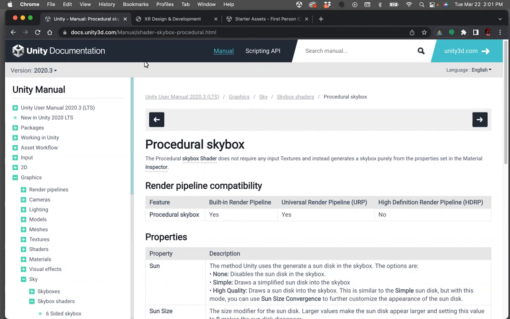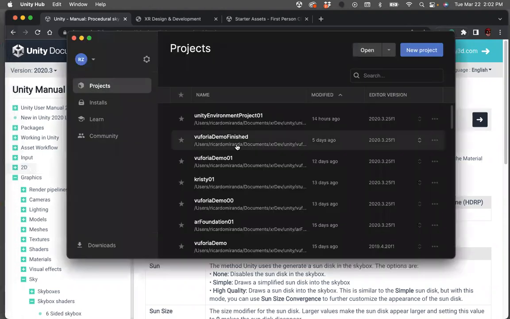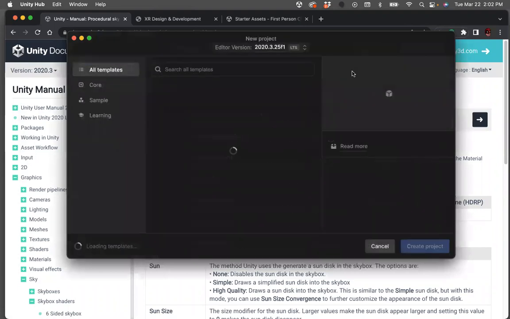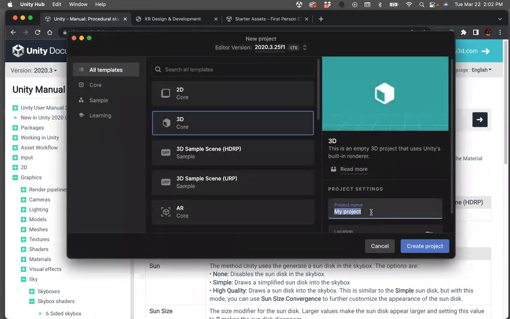And I'm going to start off with the Skybox, and there are a couple different ways to approach this. One of them is a procedural Skybox. When you open a new Unity project, the default Skybox is a procedural Skybox shader that does not require any input textures and instead generates a Skybox purely from the property set in the material inspector. So I'm going to go to the Unity Hub. I'm going to create a new project, and I'll name it